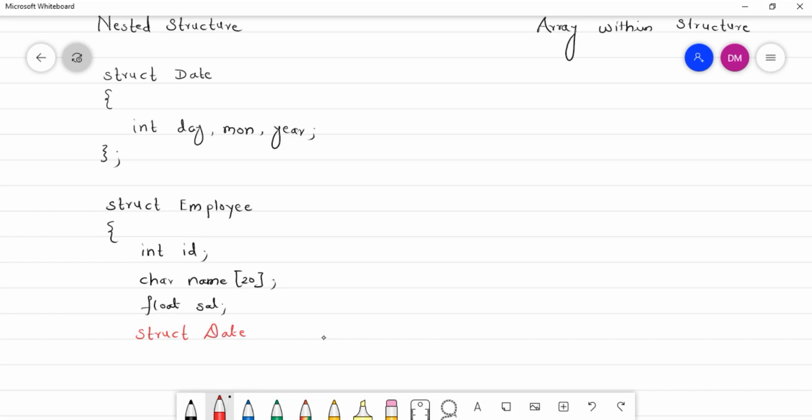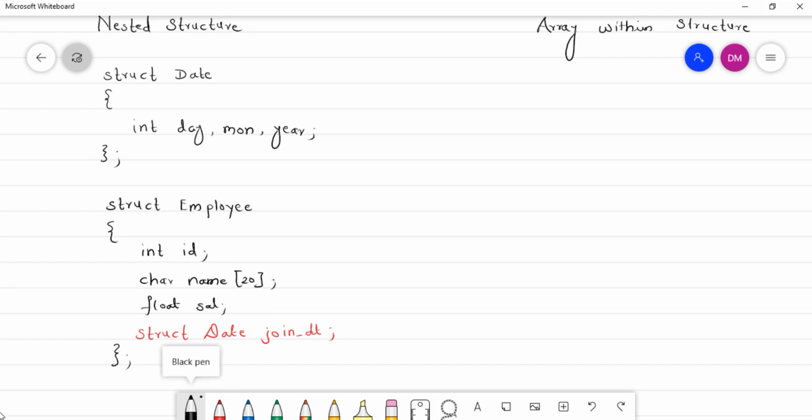See, struct date is my data type. Remember this thing: I define the data type and then I define a variable. So it is, say, join underscore dt. Okay, so we're done with this part. This is nothing but an example of a nested structure.